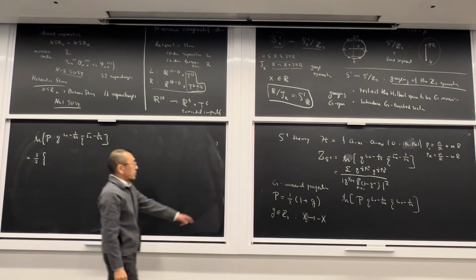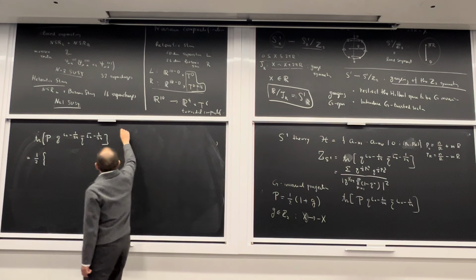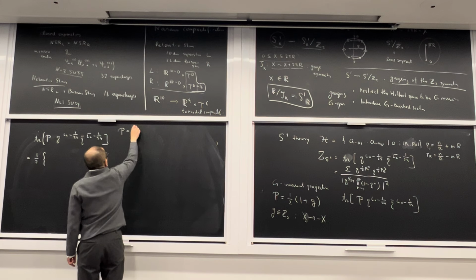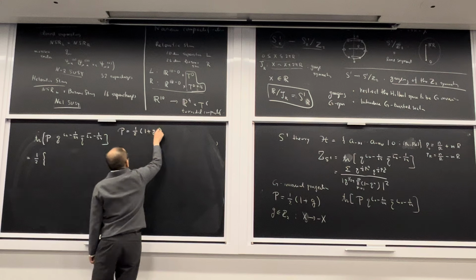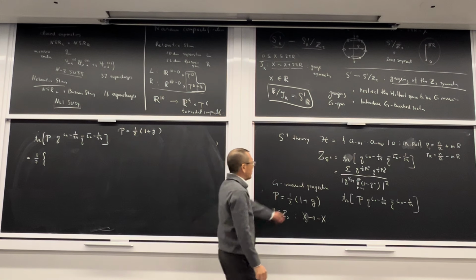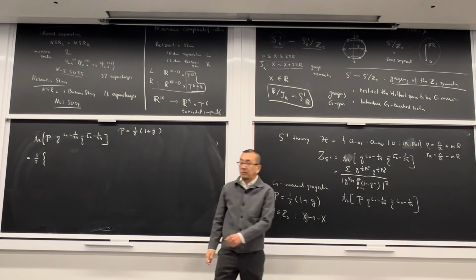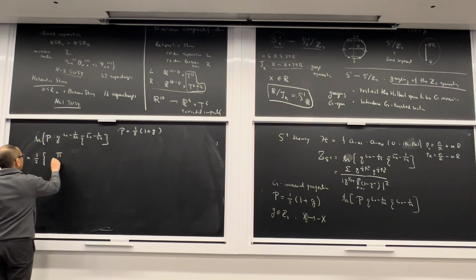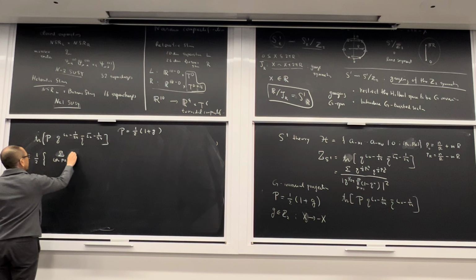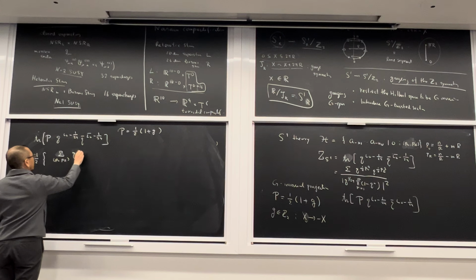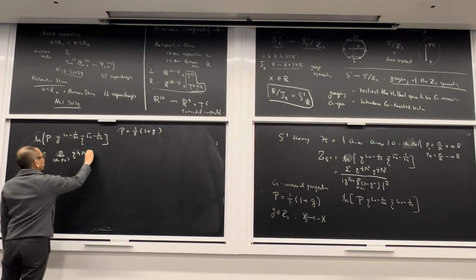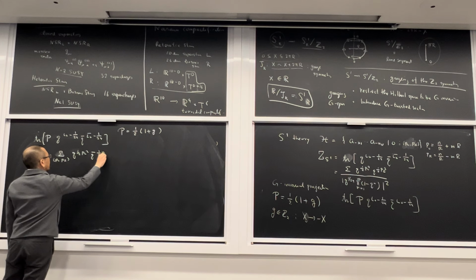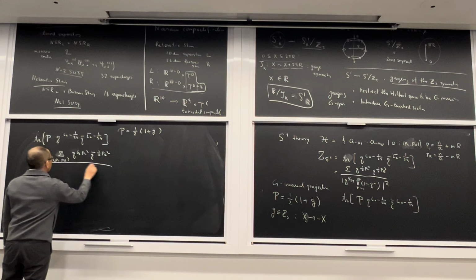Because P is equal to 1/2 of 1 plus G, the first term is the same as this, except that there is a 1/2 multiplied to it. So you have the sum over P left and P right, of Q to the 1/2 P left squared, Q bar to the 1/2 P right squared, divided by